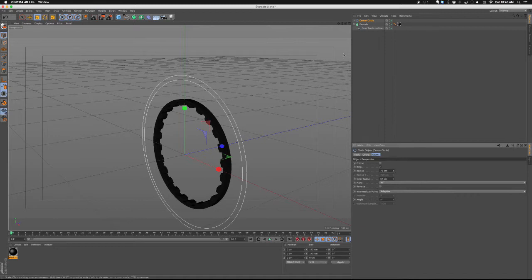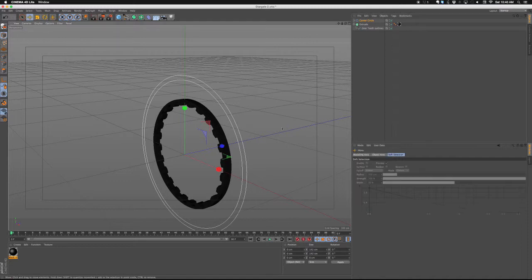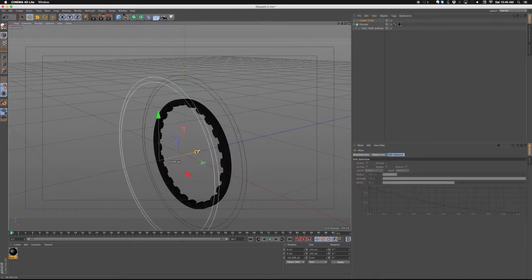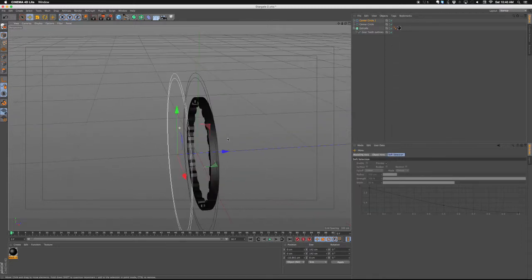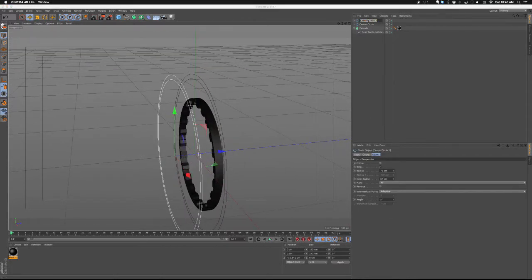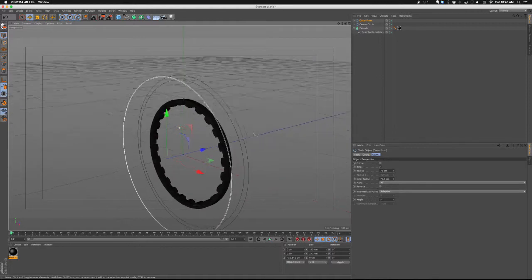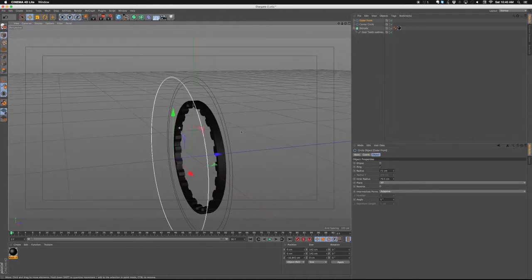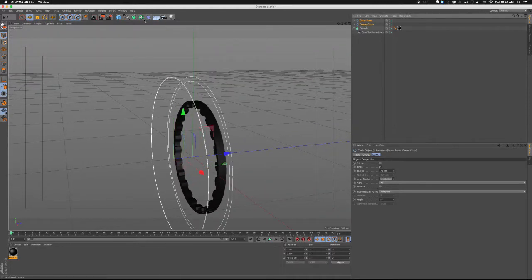There we go. And I'm going to duplicate this by holding Command and dragging it out to here. And this will be the outer sharp shape. So what that means is I'll name this outer front. What that means is the inner and outer radius are going to be almost identical. Maybe if I move this about 70.5. There. Now I'll have a very sharp point here when I place these two shapes inside of a loft NURBS,